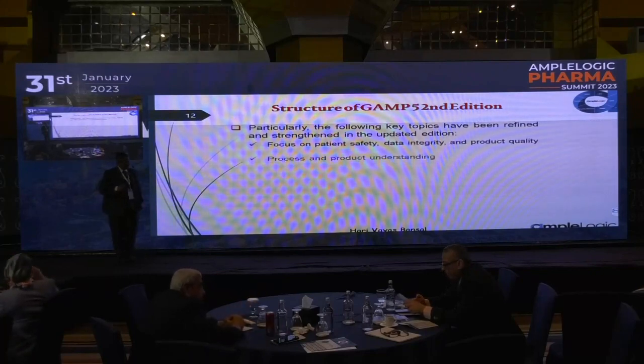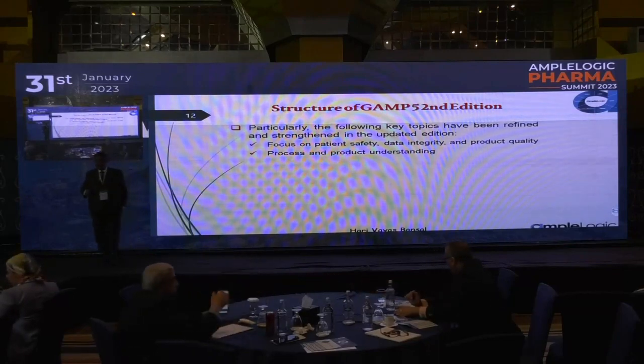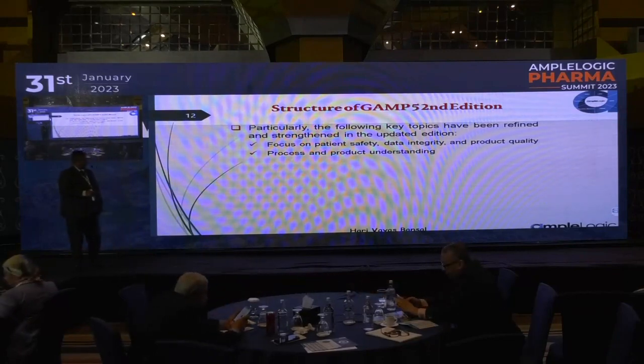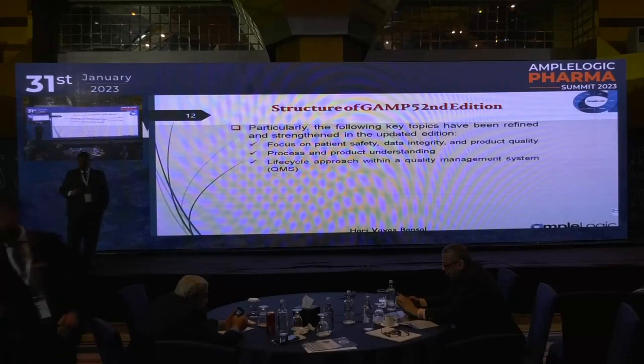The key topics which have been redefined or strengthened in the updated version: it focuses more on patient safety, data integrity and product quality. It is process and product understanding. Earlier,